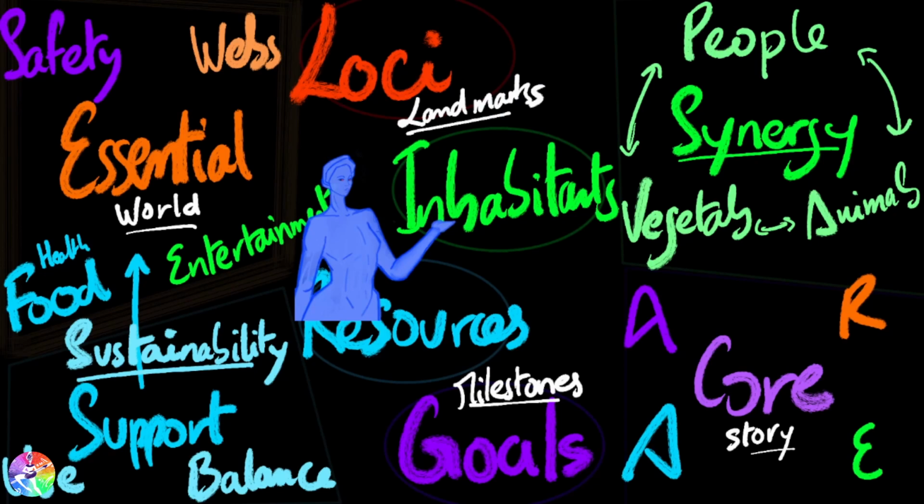You want to put in your world map, or at least to indicate as a note for you later in your story, the kind of inhabitants in each different location. You want to take into consideration the synergy between the different types of inhabitants in every specific zone. Here being animals and vegetables, but we're going to separate peoples and animals because you'll probably define different degrees of intelligence and different degrees of sapience between your different species.